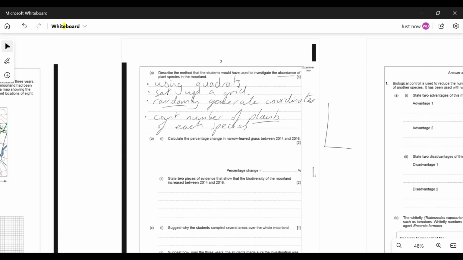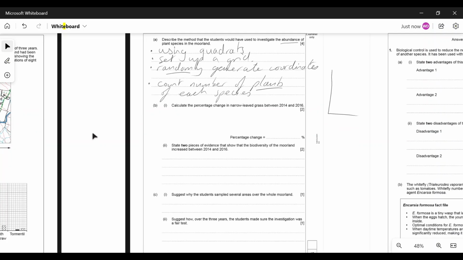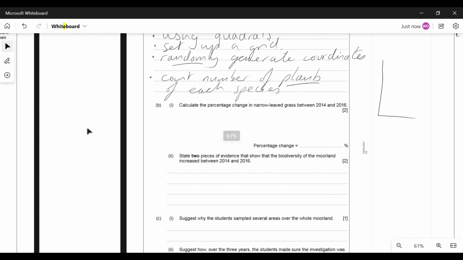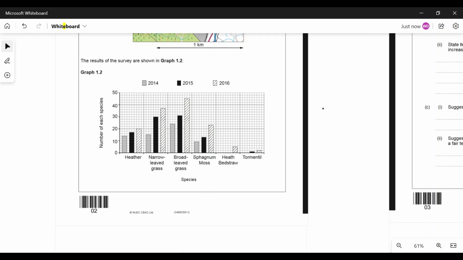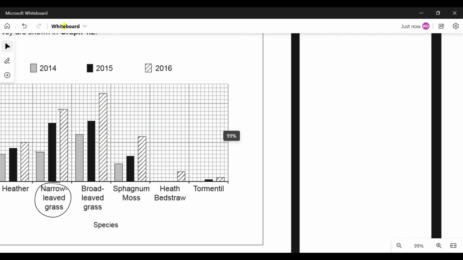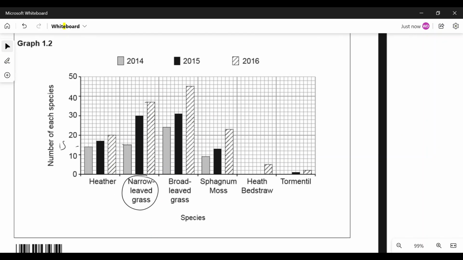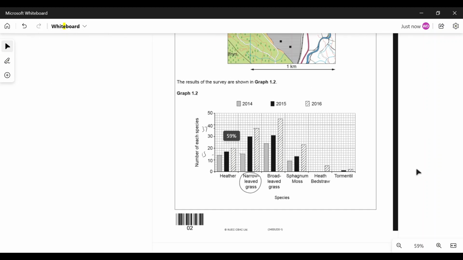Next question, B part 1, calculate the percentage change in narrow-leaved grass between 2014 and 2016. So narrow-leaved grass is here on the graph. 2014 is there, which is 15, and then 2016 it is up. Let me just zoom in. Up here, which is about 37. Okay, so